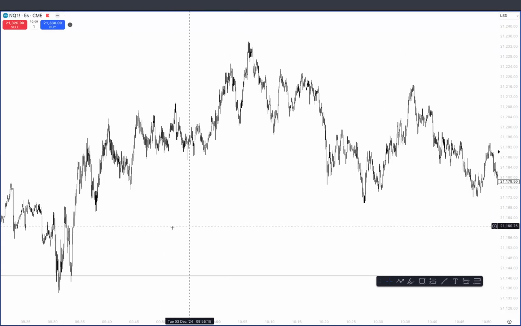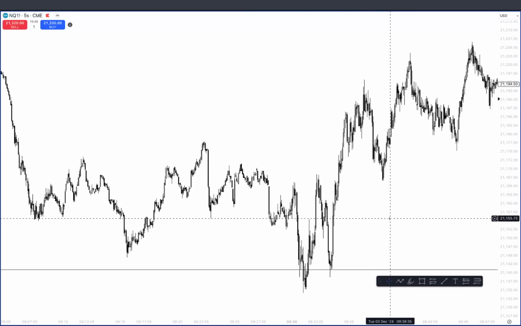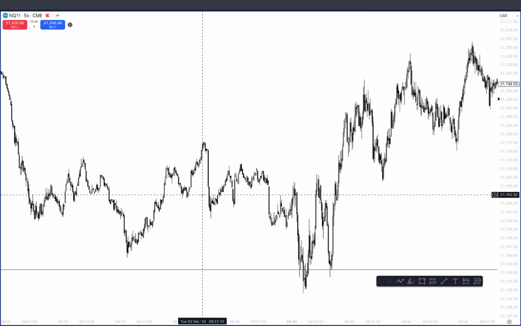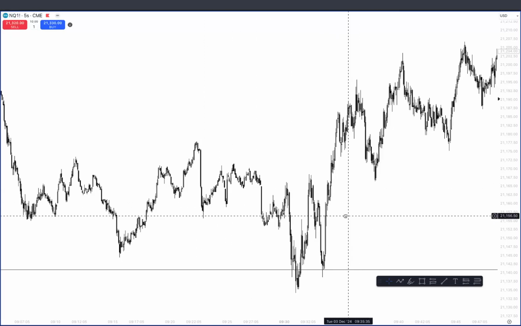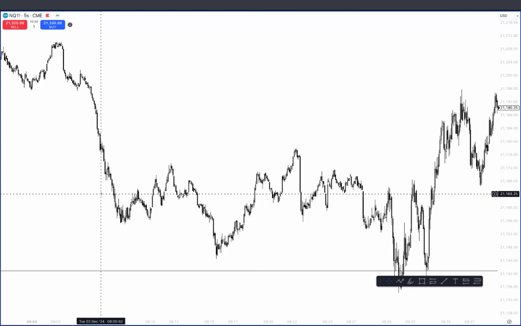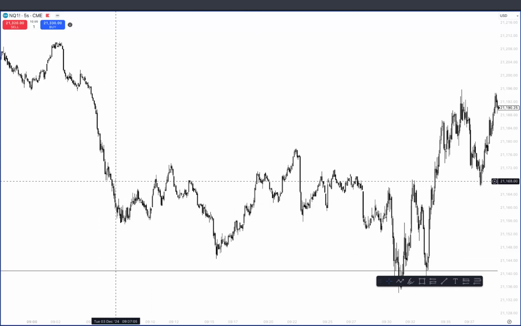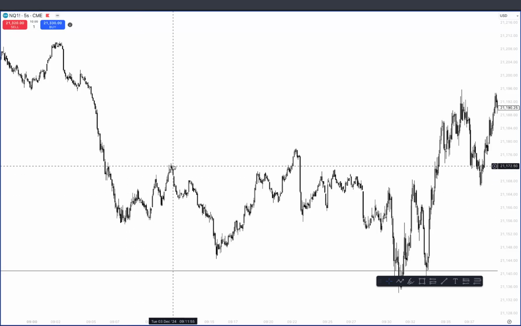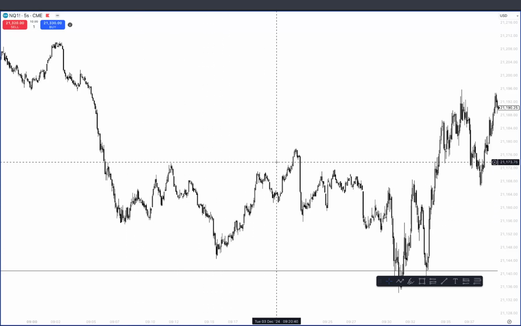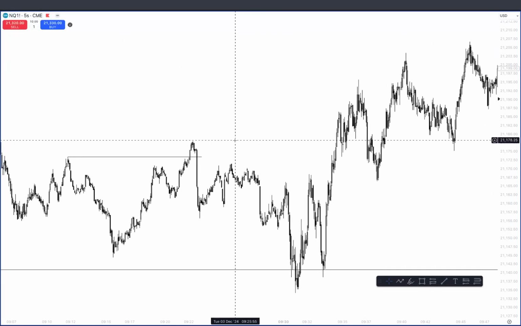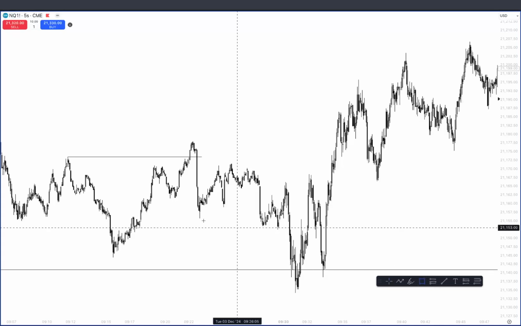Once we took that low out, price came up and flipped bullish. Low, high, low, high. So we flipped up. We flipped up here, and then we got this big volume, because obviously this whole thing is the